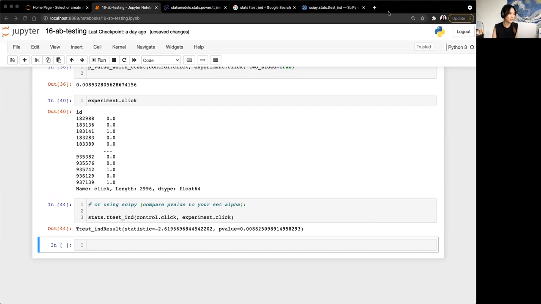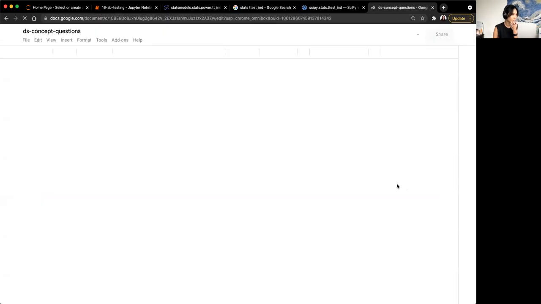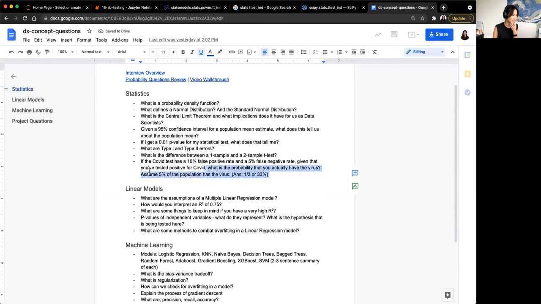If you remember that concept questions document, basically this question, which includes some of the things that I talked about back in topic 11, like law of total probability and Bayes' theorem. A question like this is something that we're going to walk through